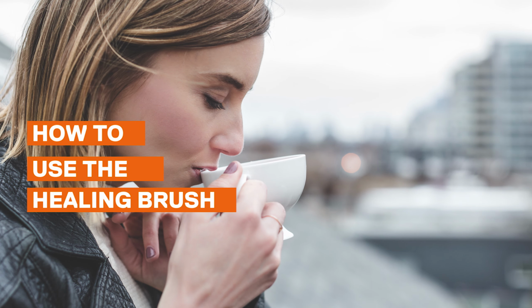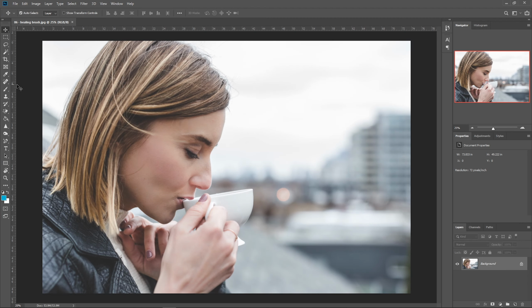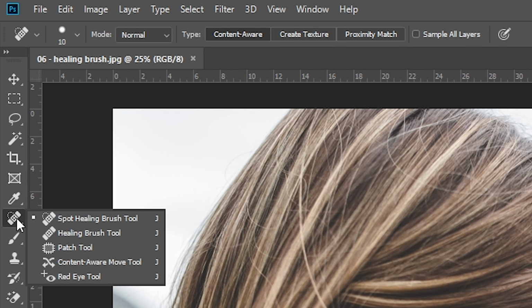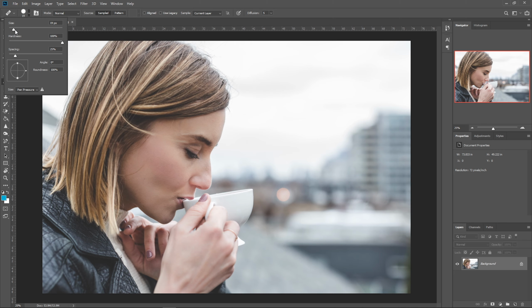How to use the healing brush. Select the healing brush from the toolbox. If you cannot find it, click and hold on the Spot Healing brush to open a drop-down list. Choose your brush size,